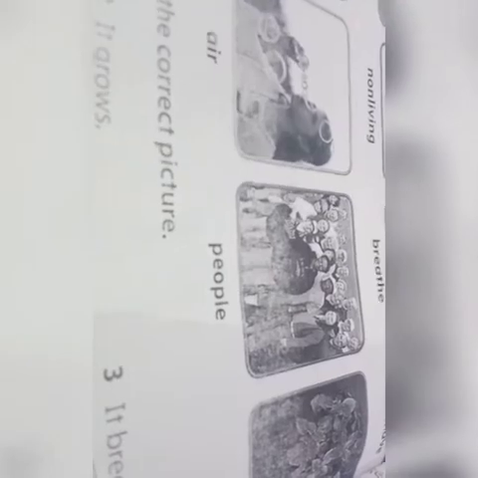For example, there is it grows and it breathes. You have to find that out in the pictures yourself. In the third part, it is read and write L for living or N for non-living things. There are a few words written: police officer, bicycle, t-shirt, tree, and drum. All of these things are either living things or non-living things. So you have to write in the boxes down below yourself whether it is a living thing or a non-living thing. If it is a living thing, write L, and if it is a non-living thing, write N.